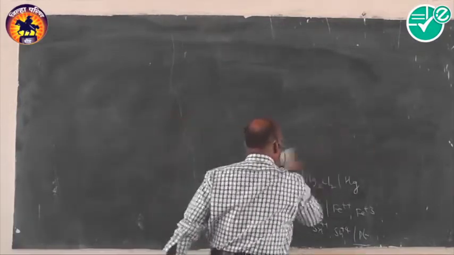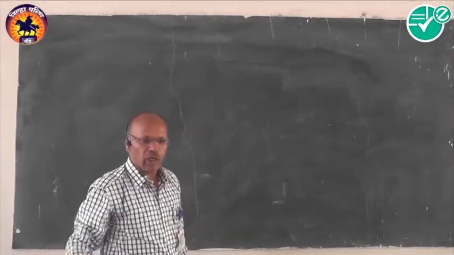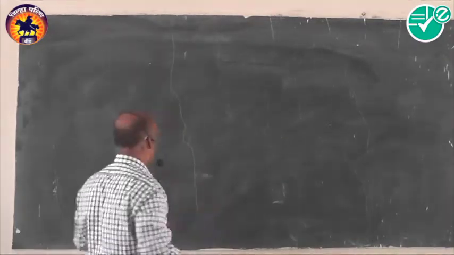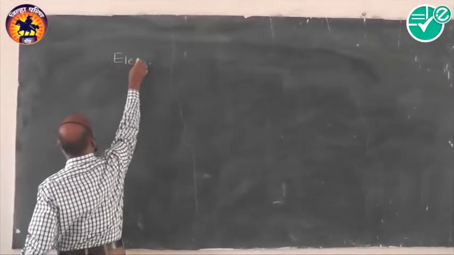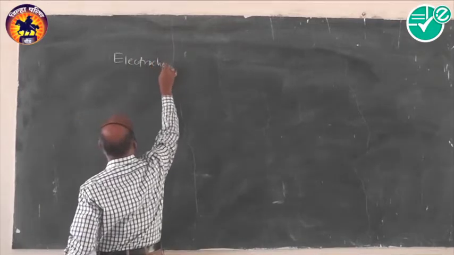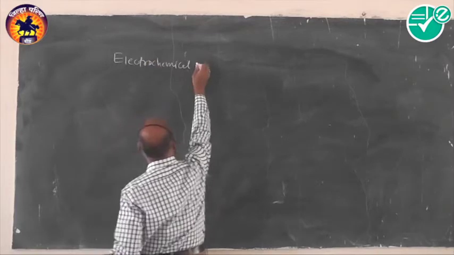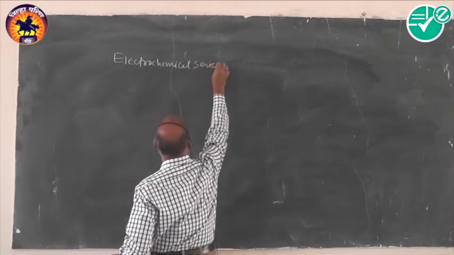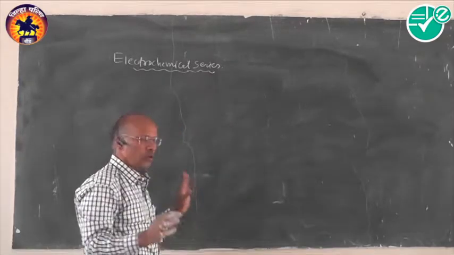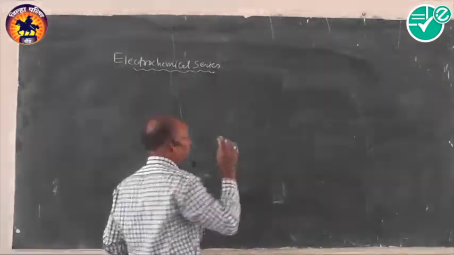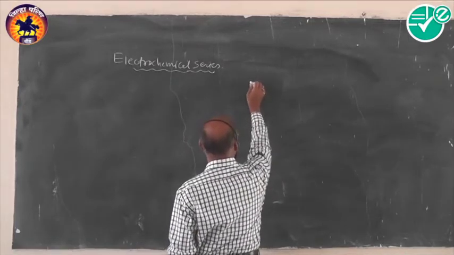After this one, let us consider the next and very important unit that is generally called electrochemical series or EMF series. So we'll have the heading electrochemical series or EMF series. For that we'll have the figure first, then we'll make the explanation. For our convenience, I will draw the figure, then we'll have the explanation. At the first, we'll draw here some figures.